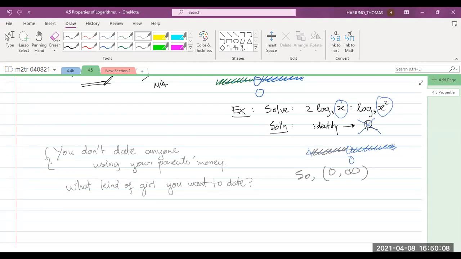So that's the first premise, right? And all of a sudden, one day on my way to school, she asked me this question, Thomas, what kind of girl you want to date? And I was like, Mom, did you eat something wrong? Did you have your medicine yet? You know, that's just the saying. It's like, what's wrong with you suddenly asking this question? And of course, I thought about that for a couple of seconds and I just came up with this answer because I knew my mom was joking, even though later on I found out she was not joking. I just said, well, I want someone who is smart,